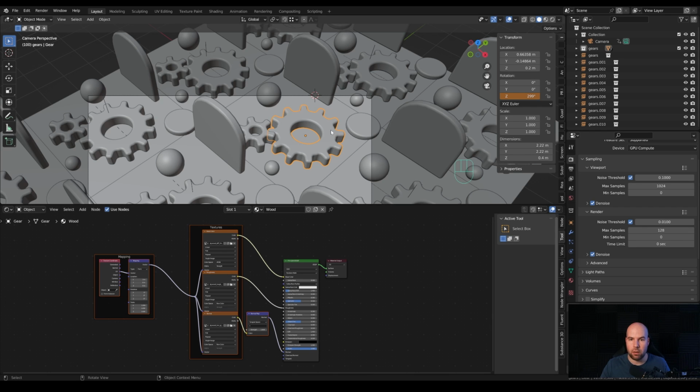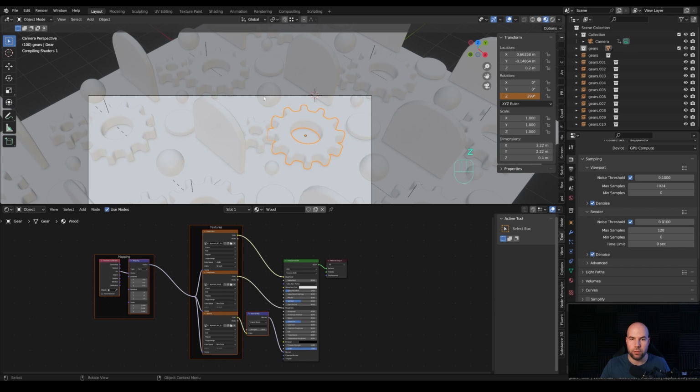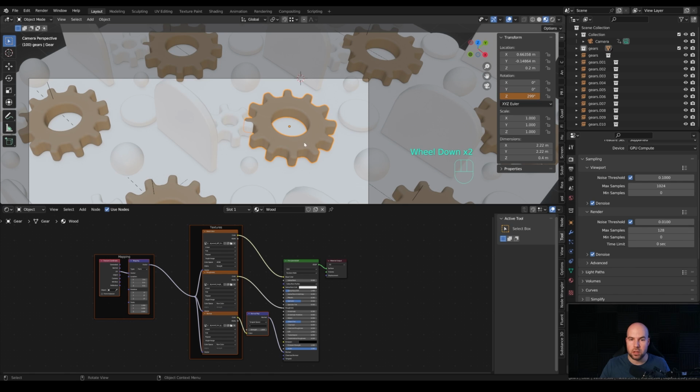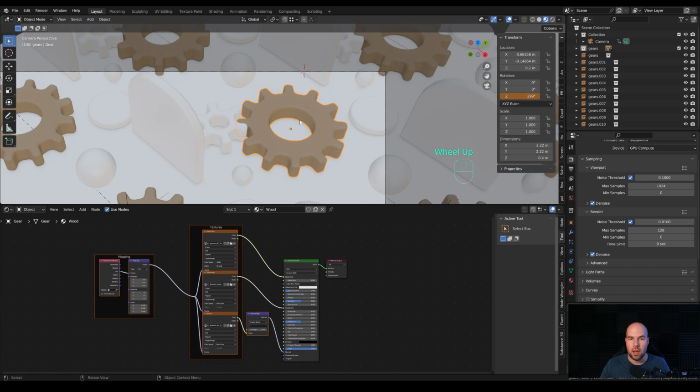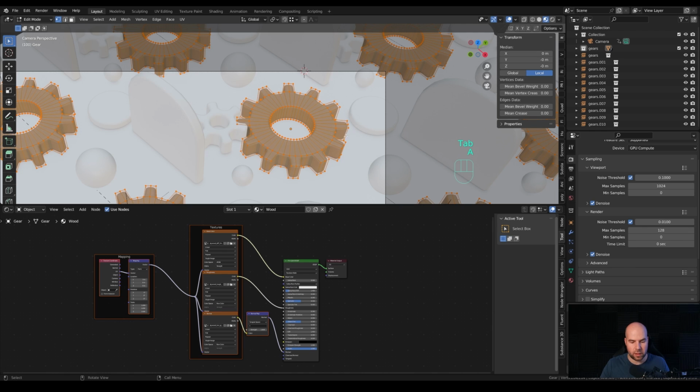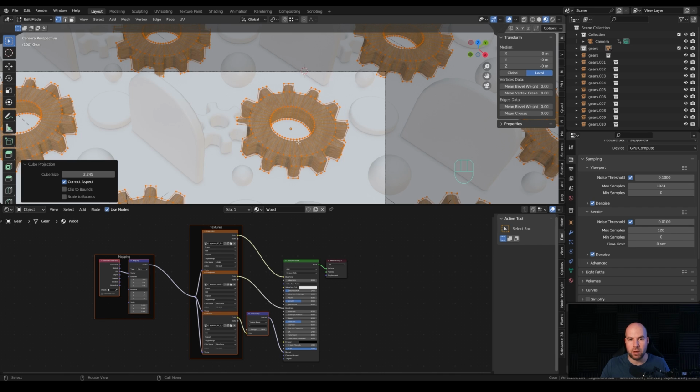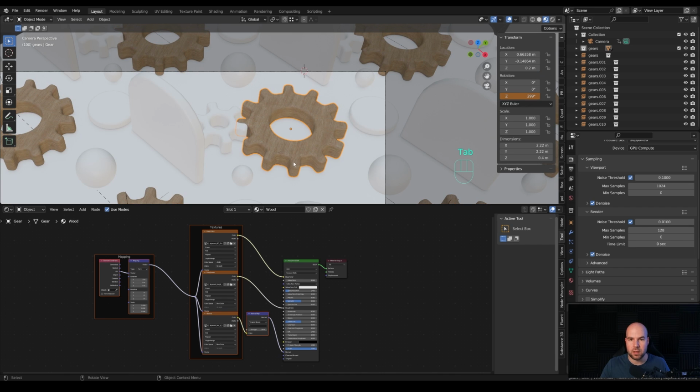And basically if we now hold Z and go to the material preview, we can see that we have our texture in place, although no wooden texture is visible yet because we need to unwrap this. But I will just use a really quick method and use cube projection. I don't want to unwrap this manually, so tab into the edit mode, press A to select all, and I will use U and cube projection. Or you can try using Smart UV Project, if you want to have your islands better optimized. But I will just go for a cube projection right here, tab out, and now you can see our texture is visible.